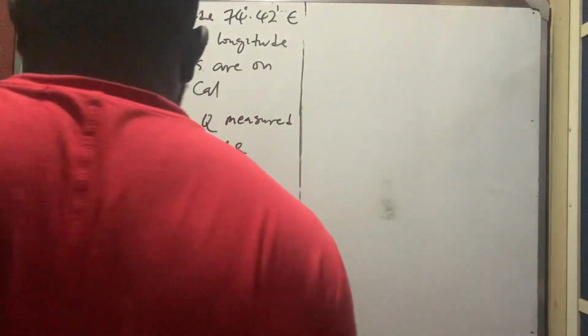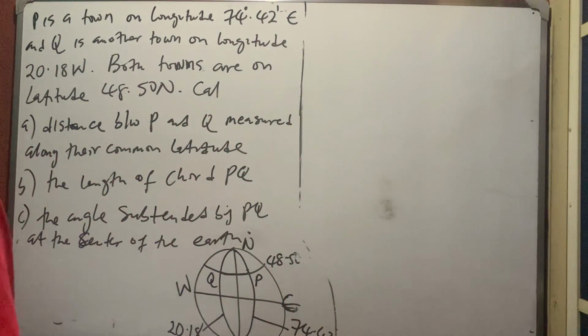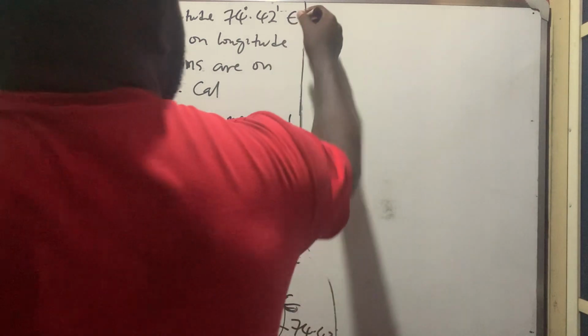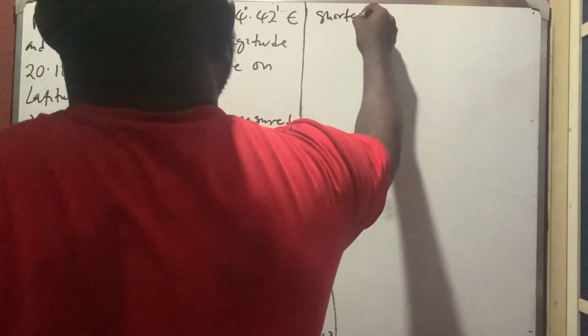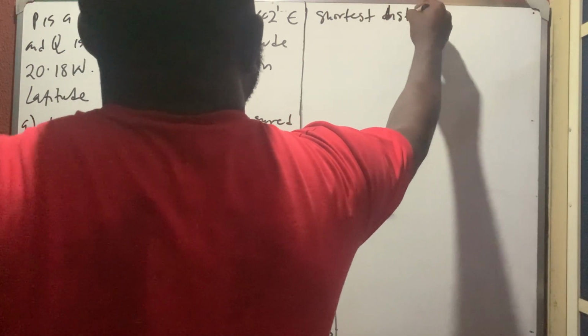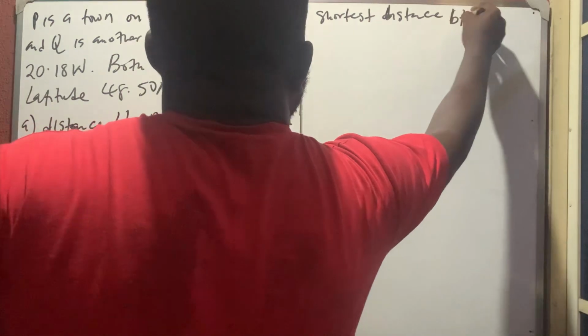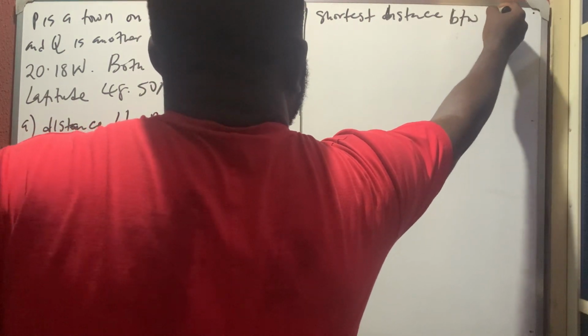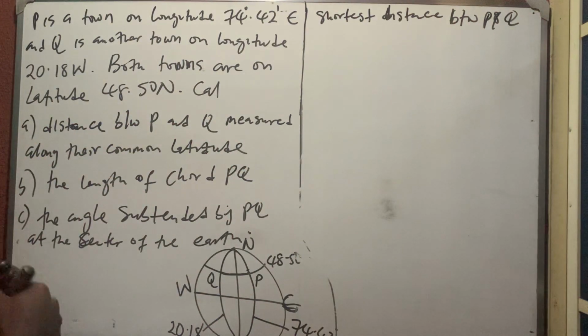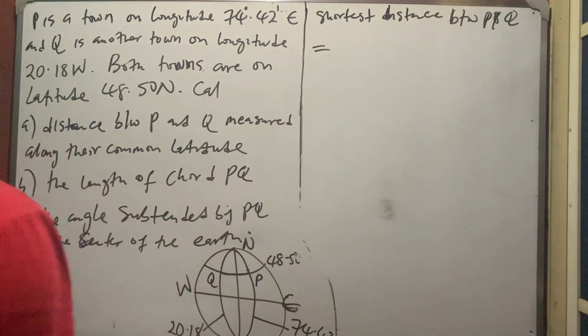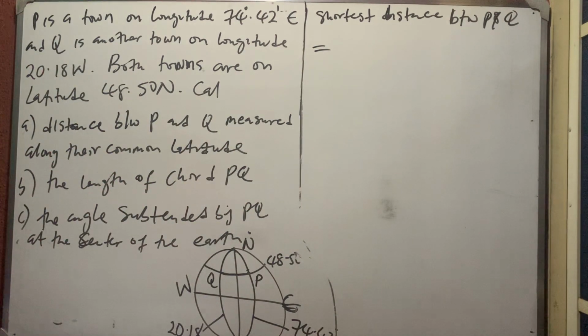All right. But what if they are asking us the distance along the great circle, or they're asking us the shortest distance? Okay. If they're asking us the shortest distance, what do we do? Before I answer C, if they're asking us the shortest distance between P and Q, or their distance on the great circle, it is the same thing. Let me make the formula simpler for you. Okay, the formula is